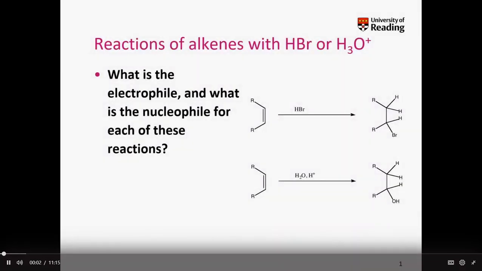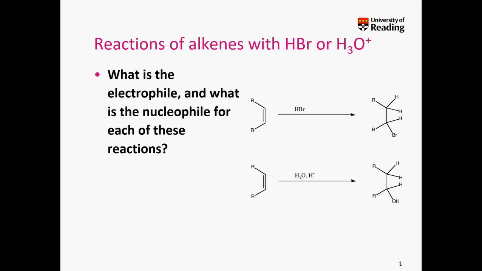We've seen the reaction of alkenes with Br2 or Br2 with another nucleophile. So how about we look at it with some other molecules? So the simplest one is to take, rather than Br2, we're going to look at HBr, or as an example, H3O+. And what we need to think about first is, what's the electrophile and what's the nucleophile in each of